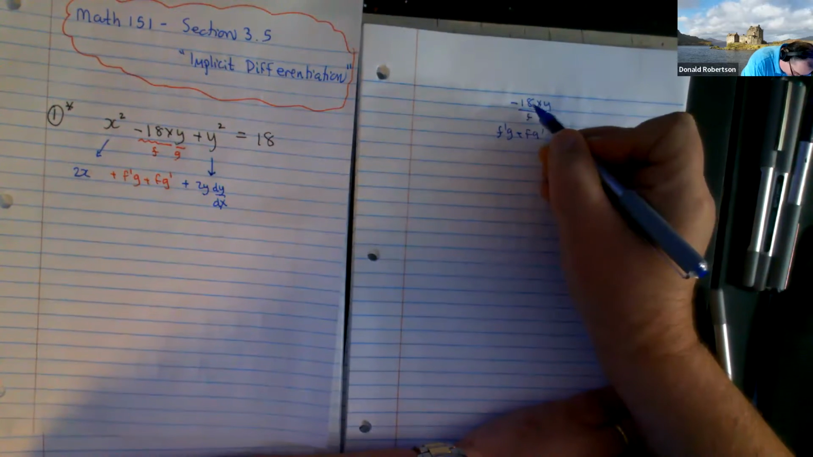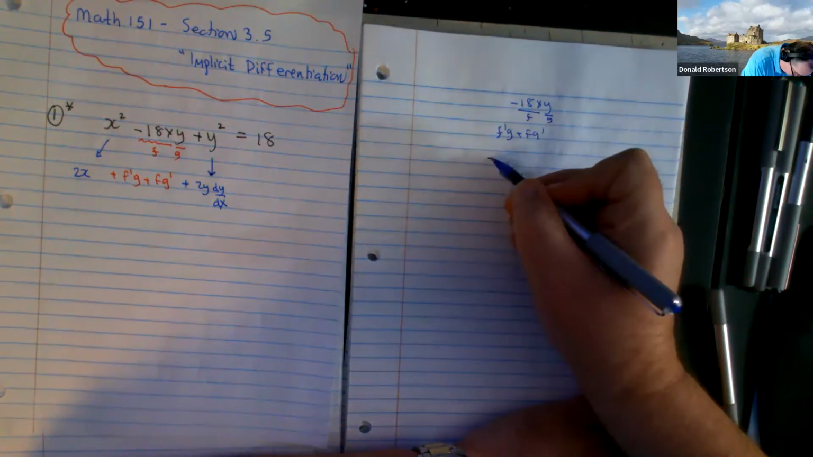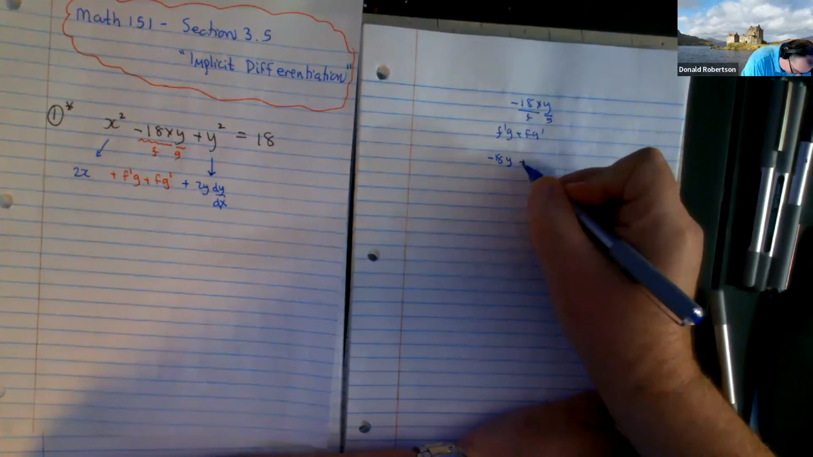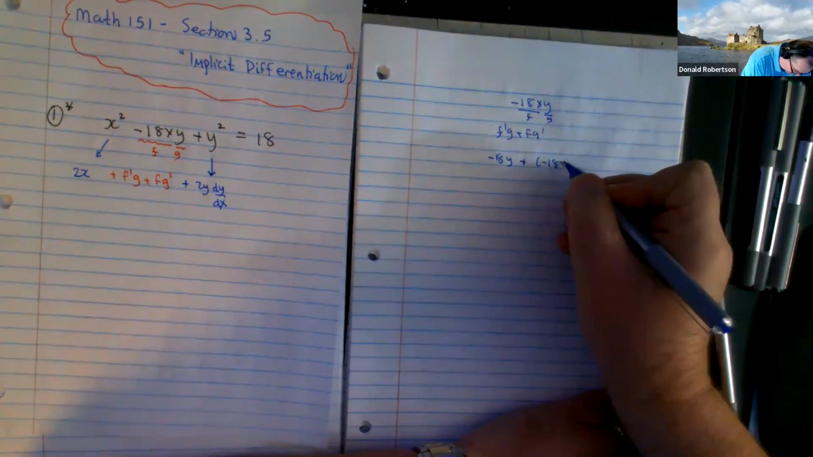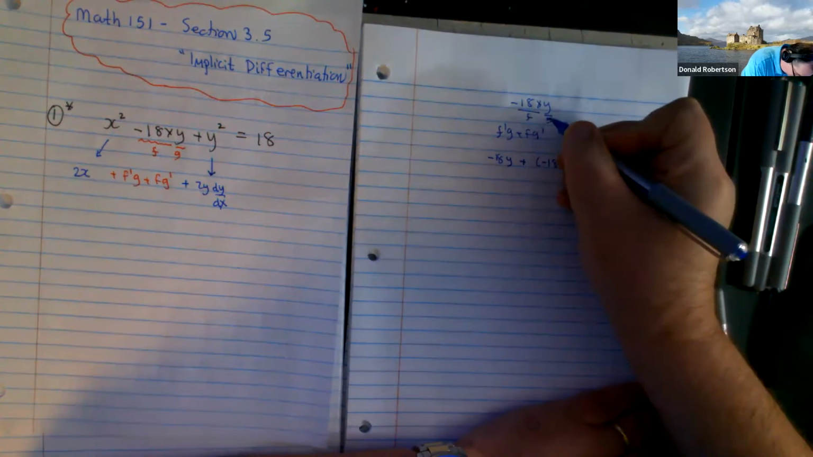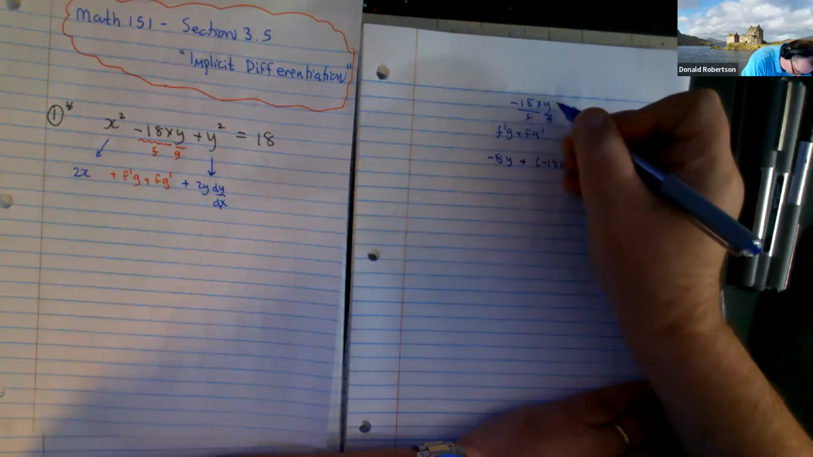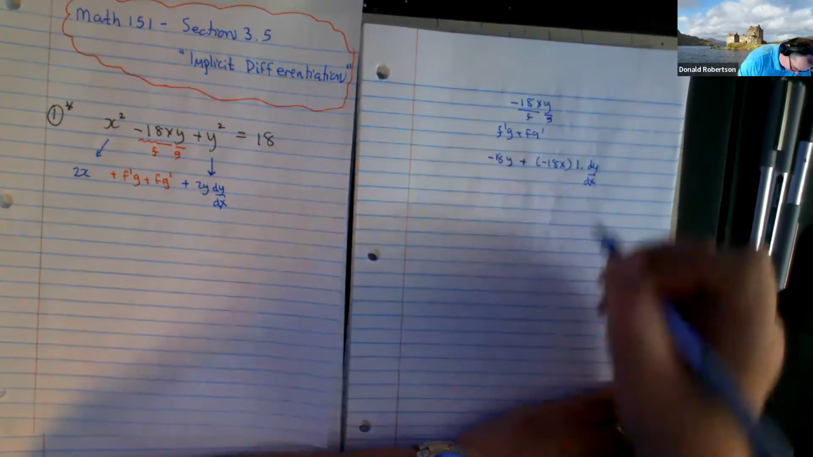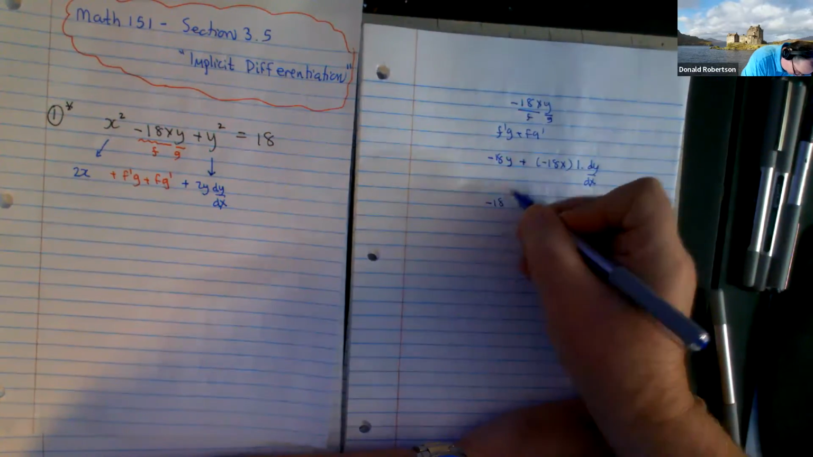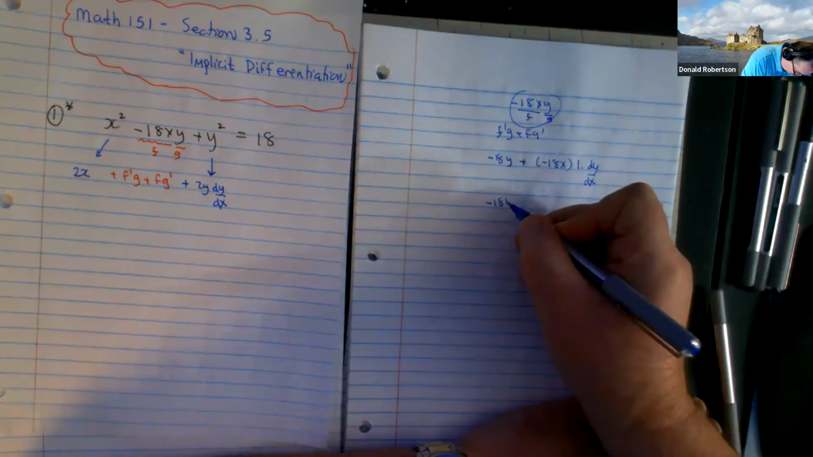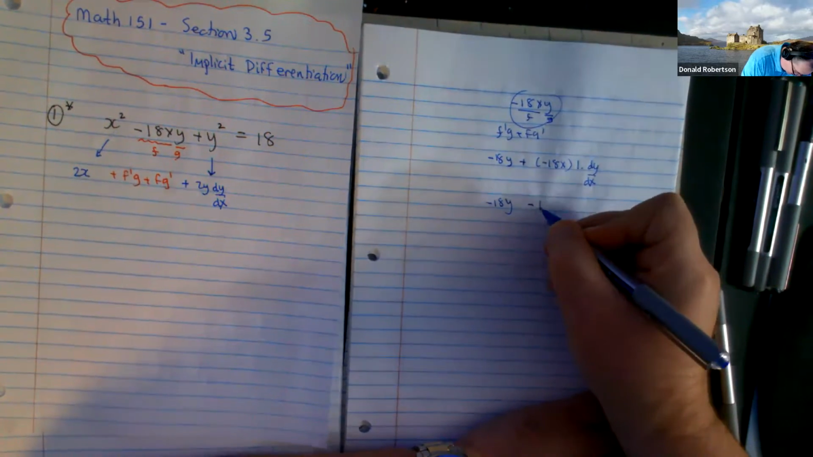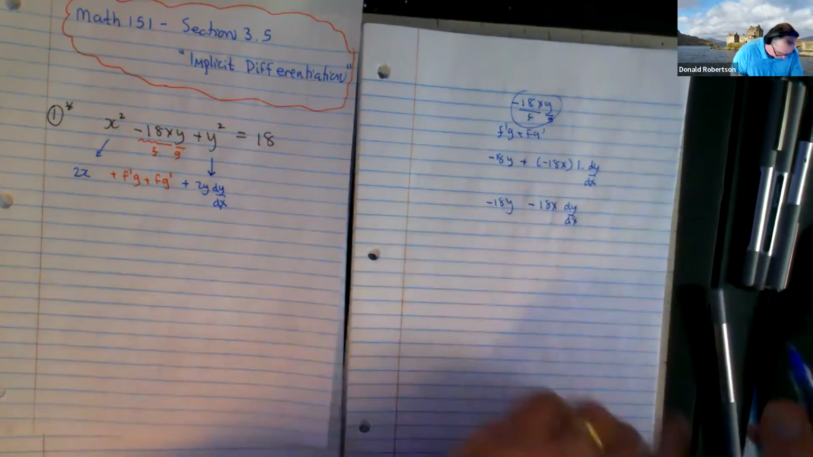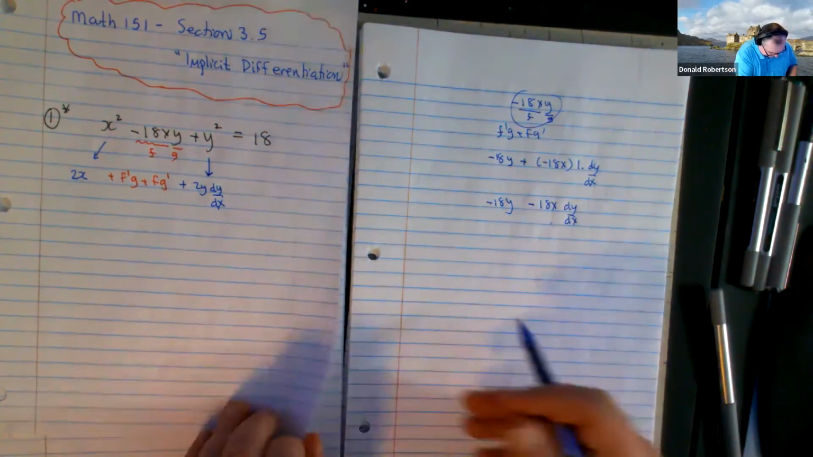So when you differentiate negative 18x, you get negative 18. There's g. Then you put in f, which is that one, and you differentiate the g. And if you differentiate y, you get 1 dy by dx. And so the derivative of this expression is negative 18y, negative 18x dy by dx. So you actually get two terms. And now I can go back